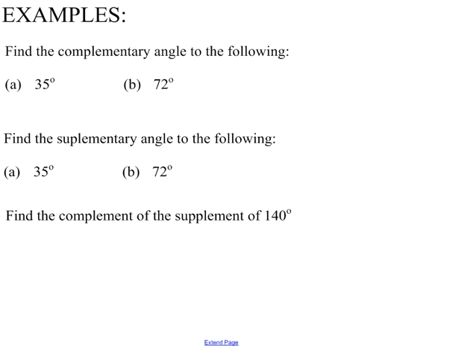So how do we find the complementary angle of the following? Complementary, remember, adds up to 90. So you just do 90 minus 35. And when you do that, you will get